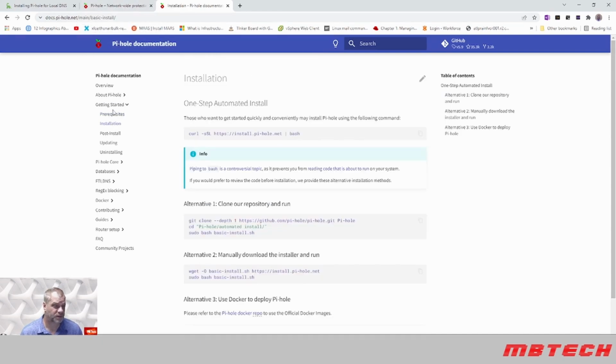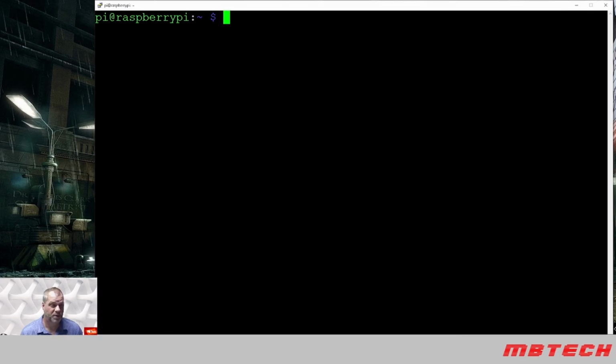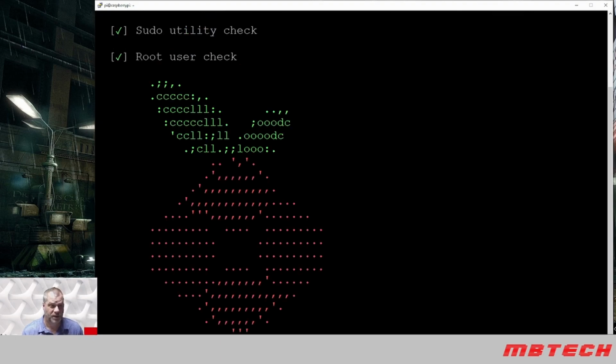So basically, we're just going to go to the installation. It's actually pretty easy. It's just this one line here. Once you put in this one line, it will automatically go through the install of it. So we will copy and paste that. This is a Raspberry Pi that's been freshly done with the 32-bit, I believe, of Buster. And then all we do here is we just put in that line, hit enter, and it will go through